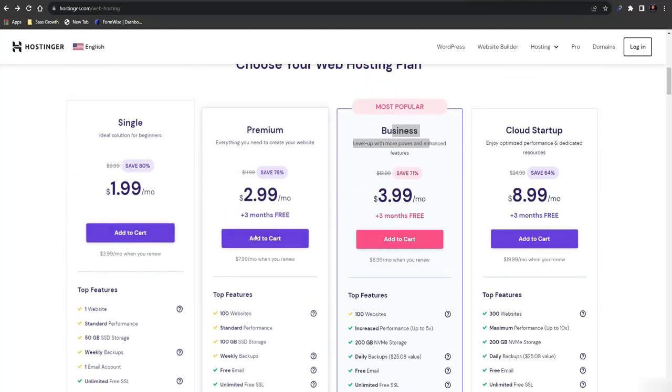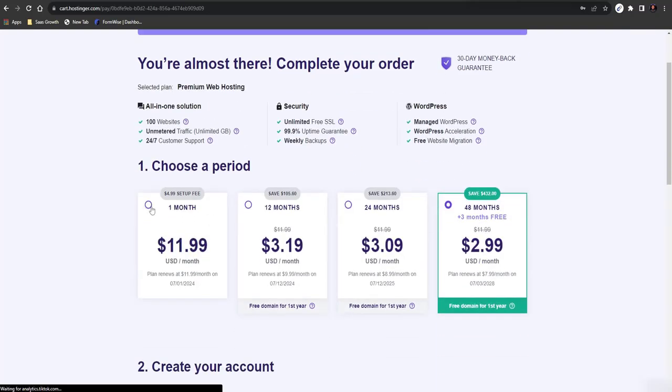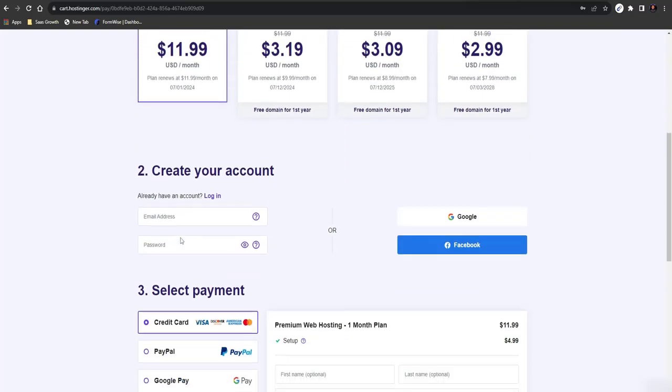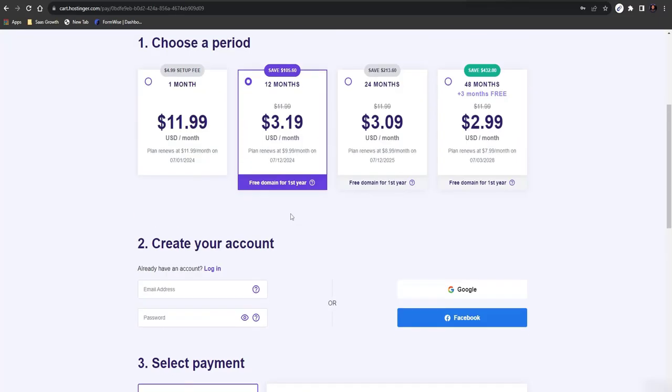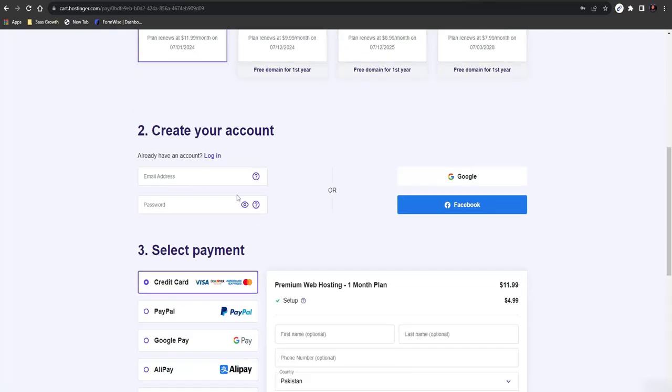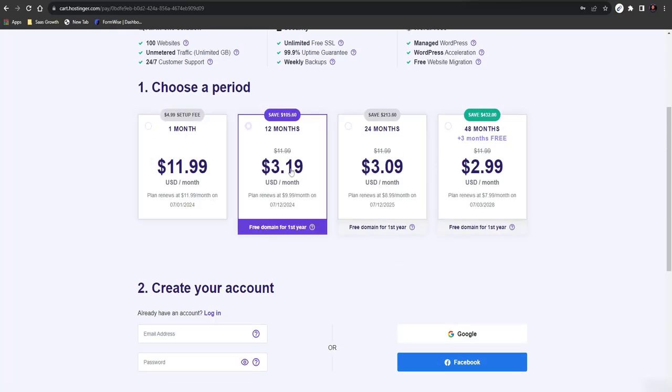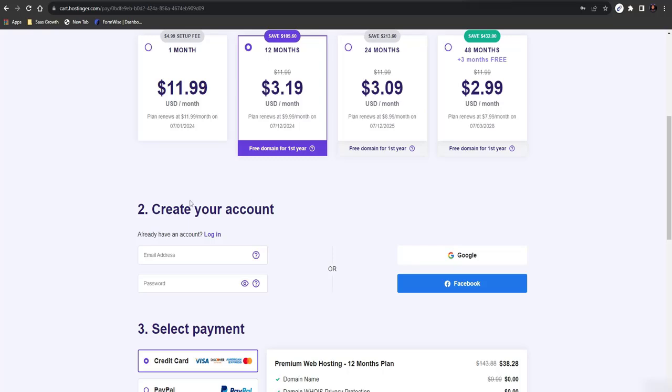We are not getting a free domain name with it. So I'll hit this one. I'll select this one, and then I want it for 1 month, or I want it for 12 months. Let's say 12 months. Okay, and then